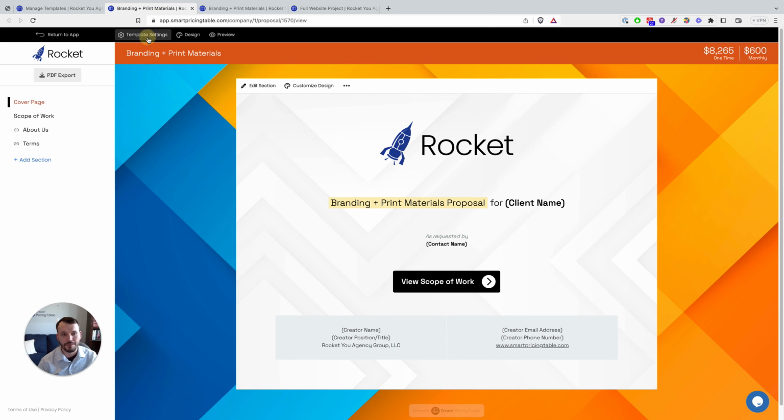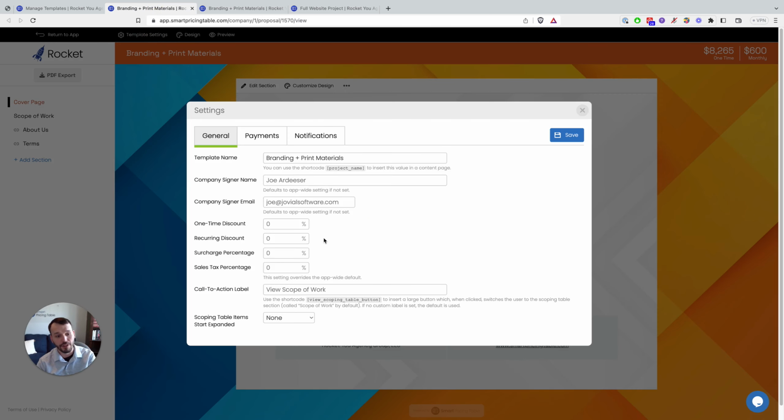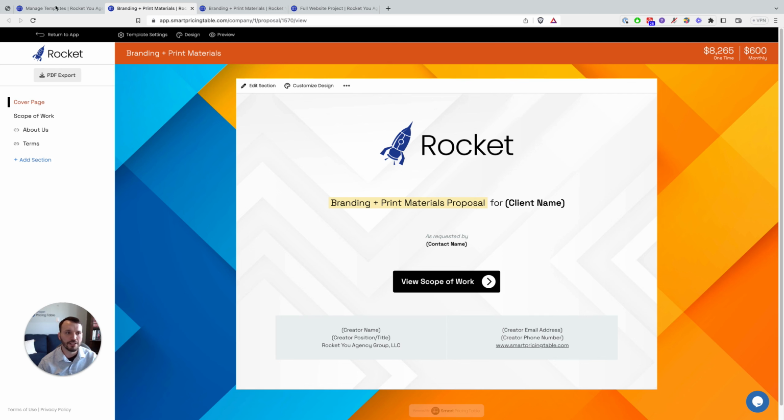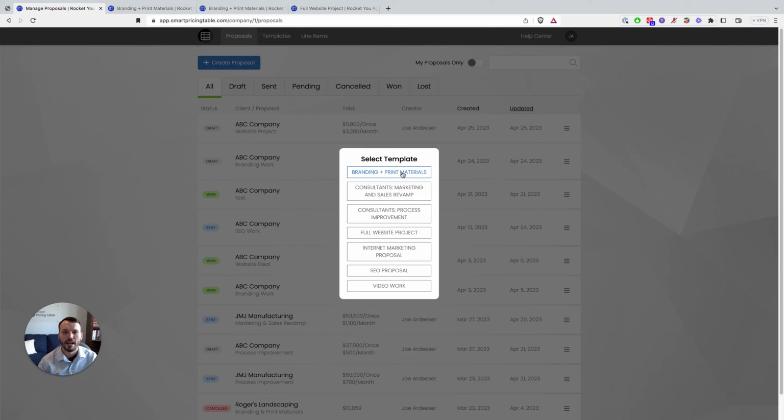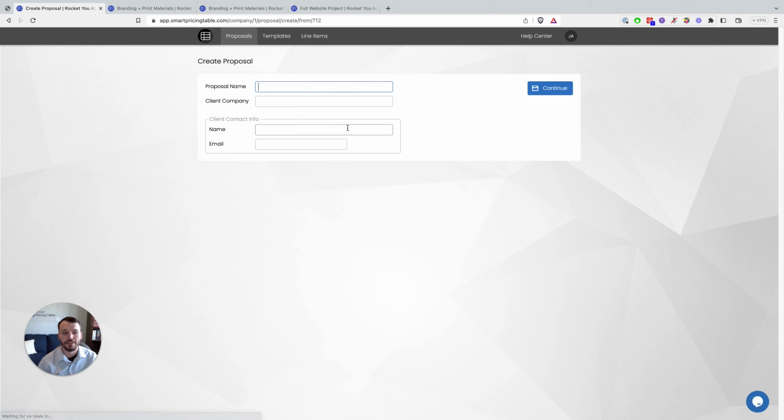There are also some settings that you can pre-fill out, and these will be copied over to the proposal when you use the template. All right, so let's go ahead and create a proposal really quick. I'm going to choose one of my templates. That's the first thing it asks. And then I'm going to fill this out. So proposal name, I'll say website job. Client name, I'll say ABC Company, and then John Doe. And when I create this,